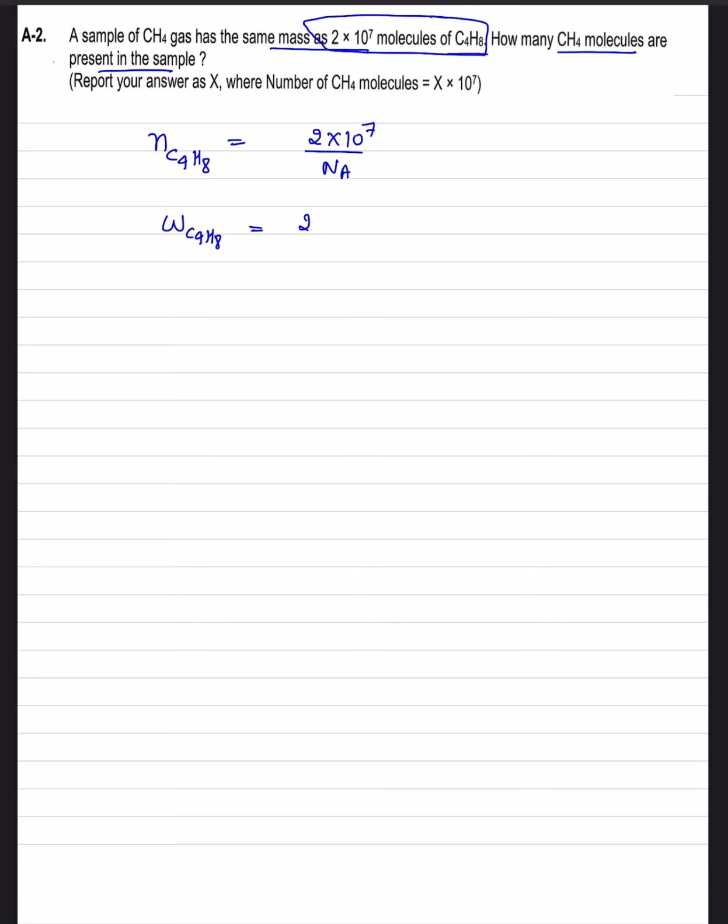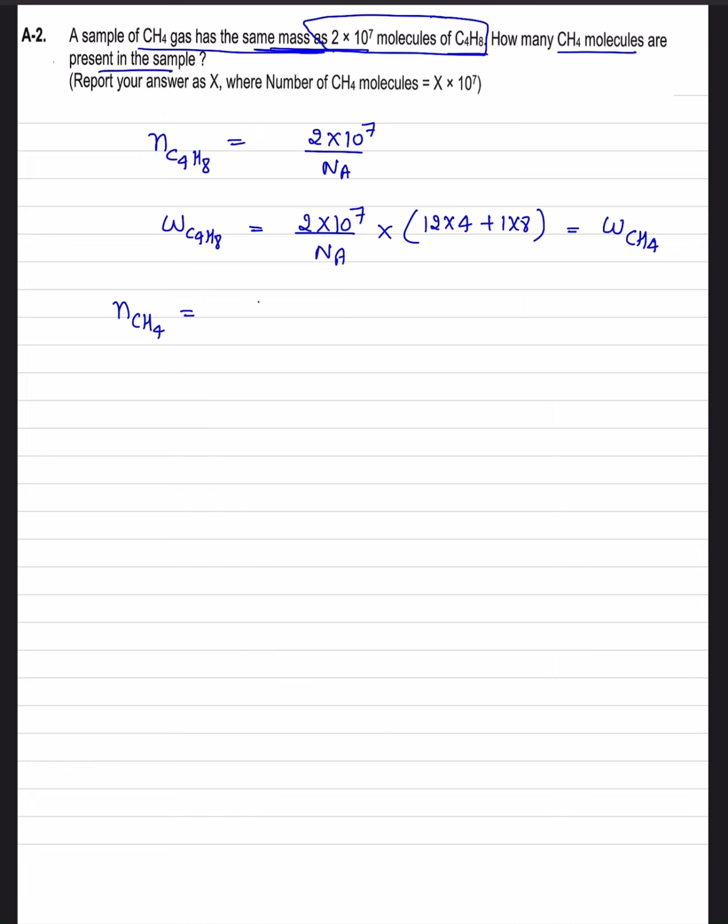So weight of C4H8 will be how much? What will we do? Multiply with molar mass. So tell me, what is the molar mass of C4H8? 12 into 4. So how much did we get? That will be 48 plus 1 into 8. That is molar mass or not? And this is your same weight of CH4, yes or no? Because CH4 has the same mass. Clear, not clear? Okay. If we got the weight, can we get the mole of CH4? Yes, sir, we can get the mole of CH4. How to get the moles of CH4? Sir, weight divided by molar mass.